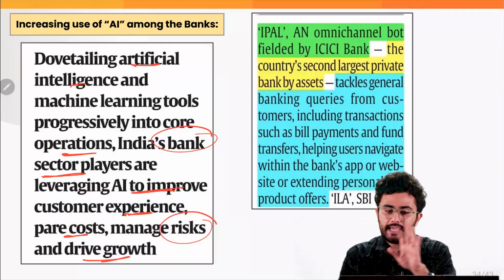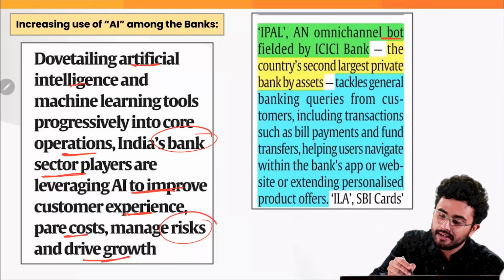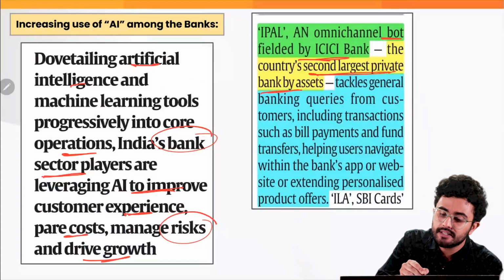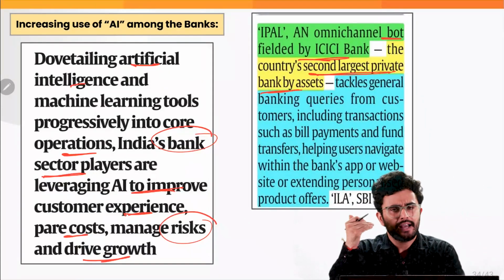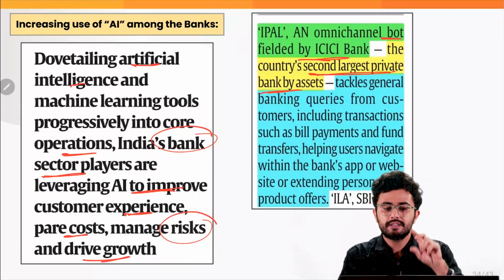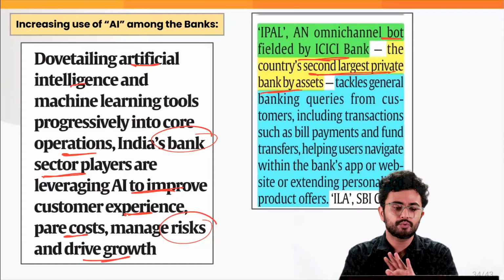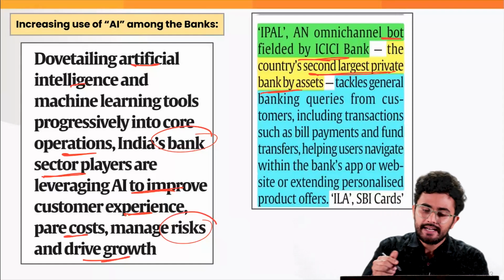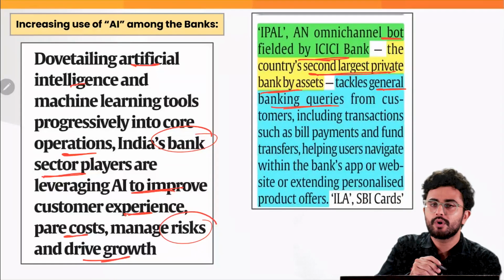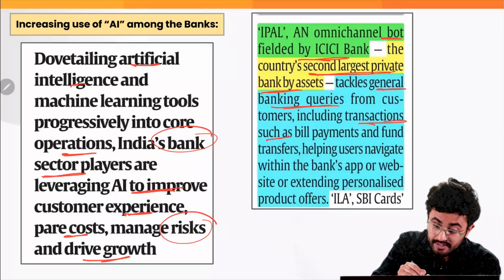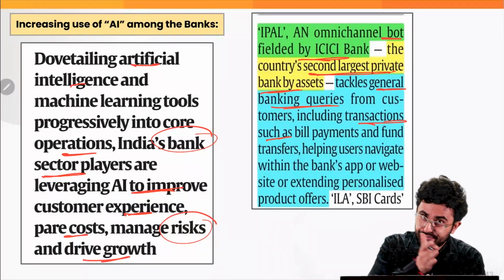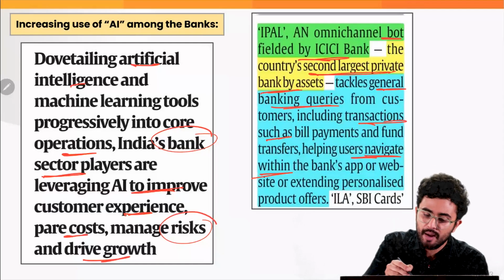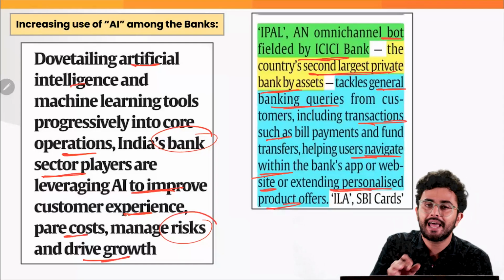So there is IPAL, which is basically an omni-channel bot which has been created by ICICI Bank, which is the country's second largest private bank by assets. Can any one of you tell me in the comment section which is the largest private bank when it comes to the assets in our country? So what does this IPAL actually do? It tackles the general banking queries from the customer. It includes transactions, as for example bill payments. It handles fund transfers and also helps the users to navigate within the bank's app or website,